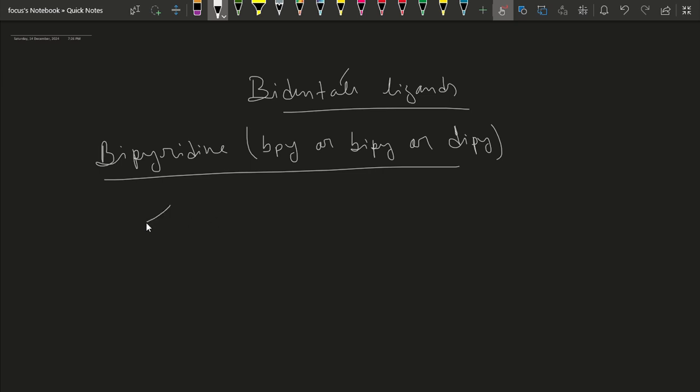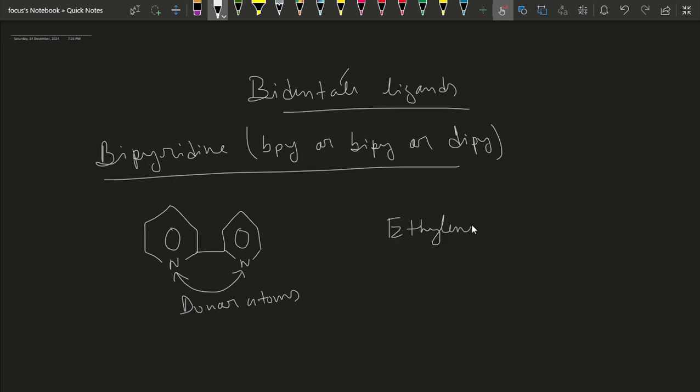So the structure is, here the two donor centers are available in this ligand. So it can connect to the metal ion or central metal atom via these two nitrogen atoms. As this ligand has two donor atoms, this ligand is called bidentate. Another example, ethylene diamine, which is represented as En. The structure is,